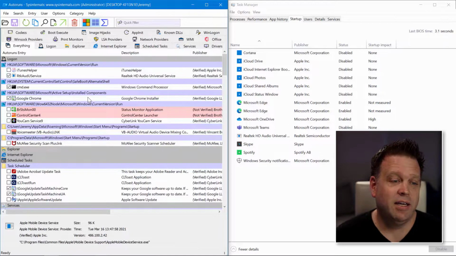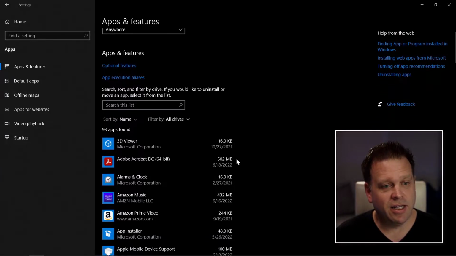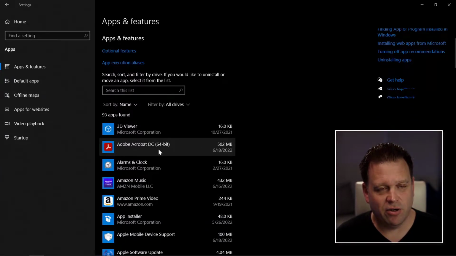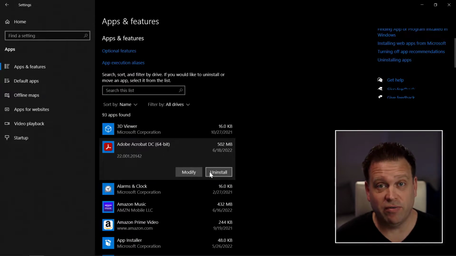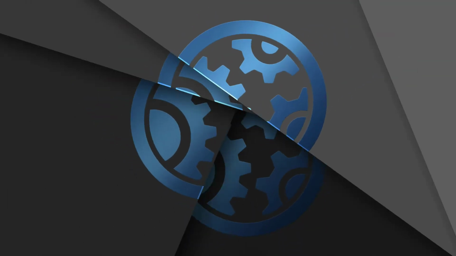And from here, if I want to, or what I should be doing, is uninstalling a lot of these apps, because they'll sometimes find another way to be able to run. So you go through all of your apps then at this point and uninstall everything that you don't need. So that was how you can use Sysinternals Autoruns to find everything on your PC that's really consuming resources as your PC starts up.